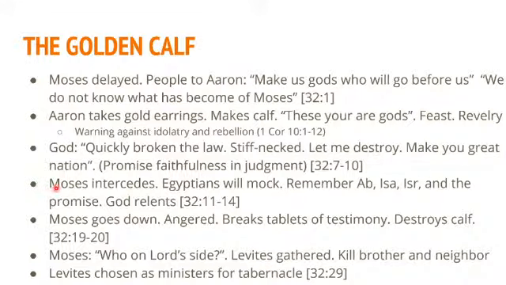And that's when Moses intercedes and says to God, no, I don't want you to do that. Remember Abraham, Isaac, and Jacob, or Israel. Remember, Jacob's name was changed to Israel. So he says, remember Abraham, Isaac, and Israel, and the promise he made to them, which God certainly did remember. As a matter of fact, we know that because he said to Moses, I'll make of you a great nation, showing that he certainly did remember the covenant that he made to them.